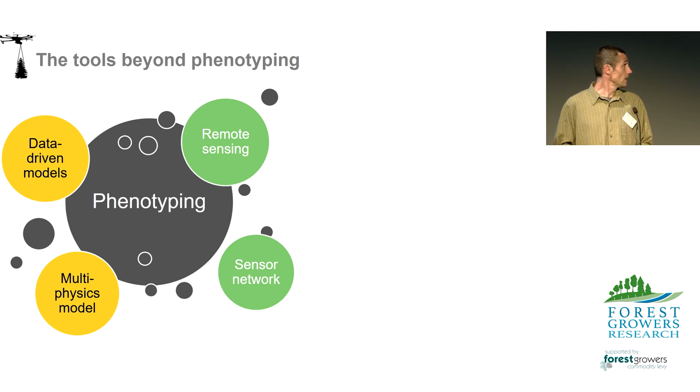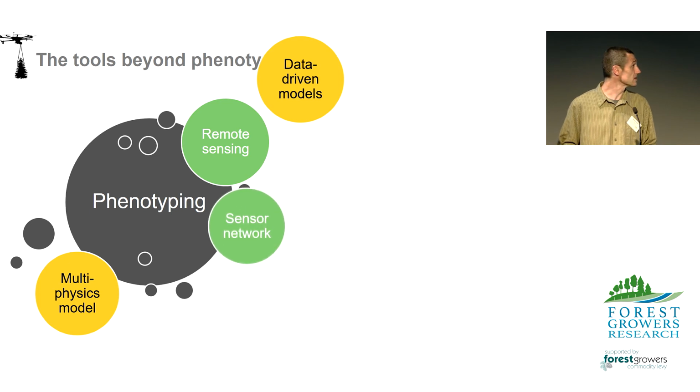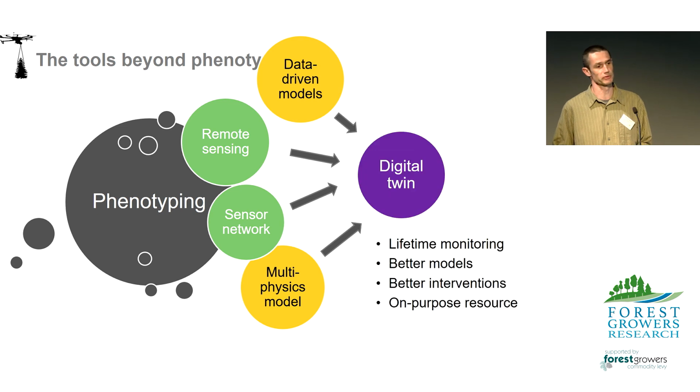Right. So if we put all those things together, the data-driven models, the remote sensing, sensor networks, and biological and physical models, we can start thinking about creating a virtual replica of the tree, a digital twin. And combined with a lifetime monitoring of the resource, we can develop better models by checking how the model is comparing to the real tree. But we can also project interventions in the model and see what the growth trajectory is and what is the best for you. So we can start thinking about the tree not as something that you plant, but as something that you